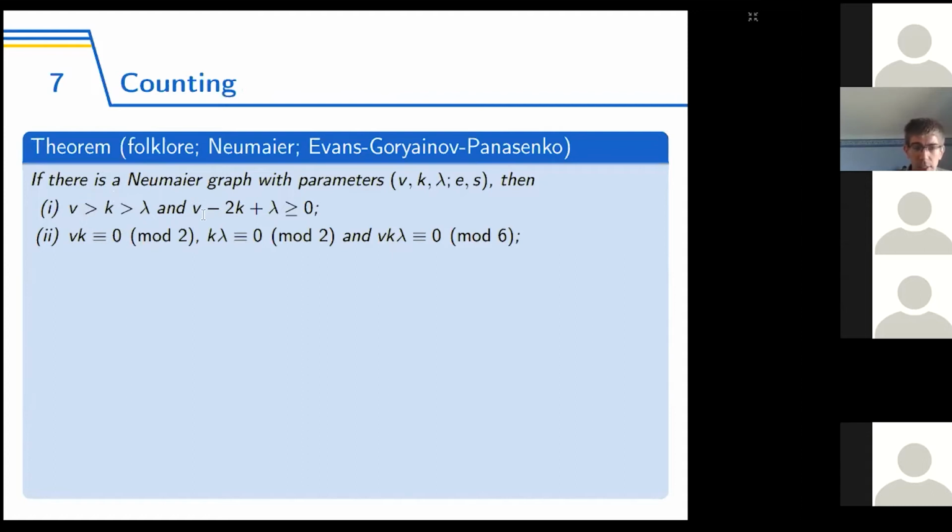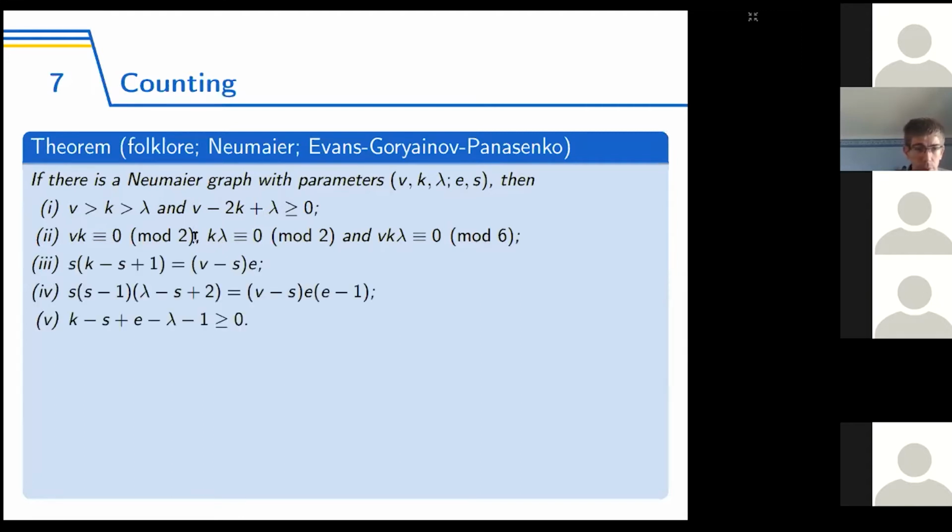That, for instance, v minus 2k plus lambda must be positive. That the parameter of regularity times the parameter of the edge regularity must be even. We know this. So it restricts your search. Then the following three conditions are already due to Neumaier. And